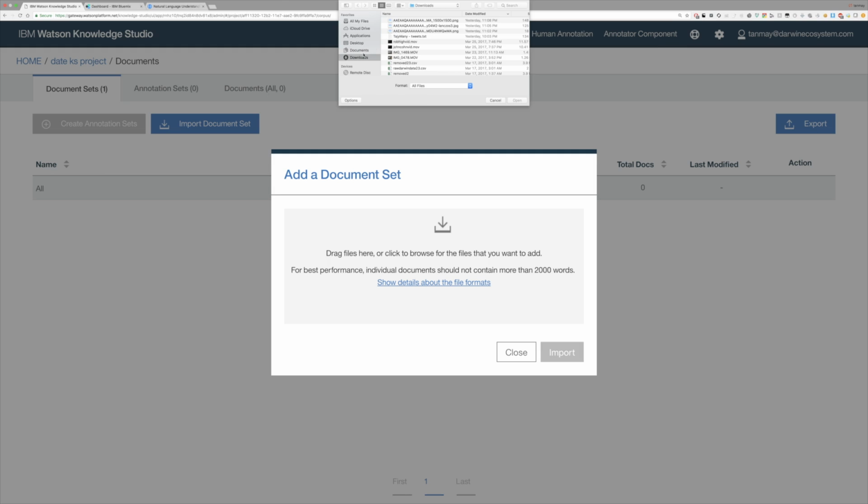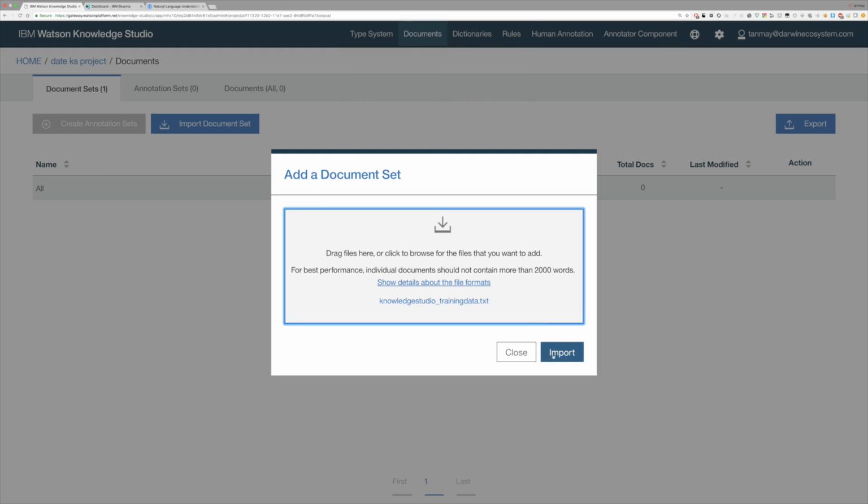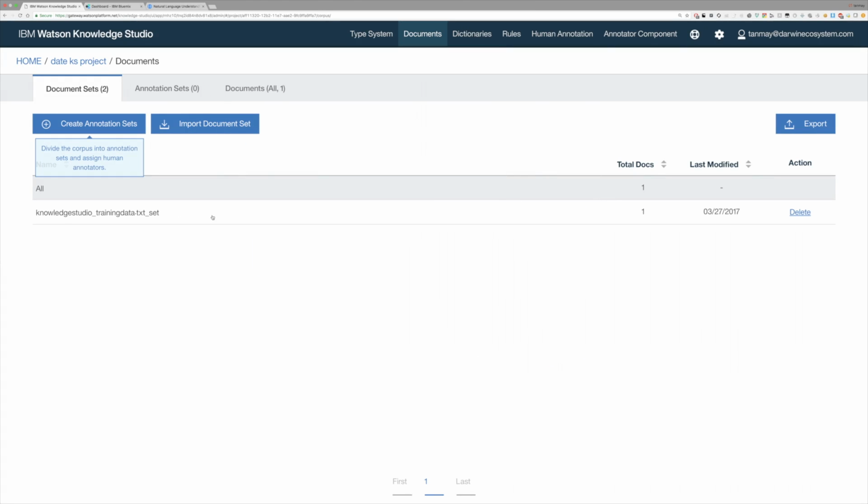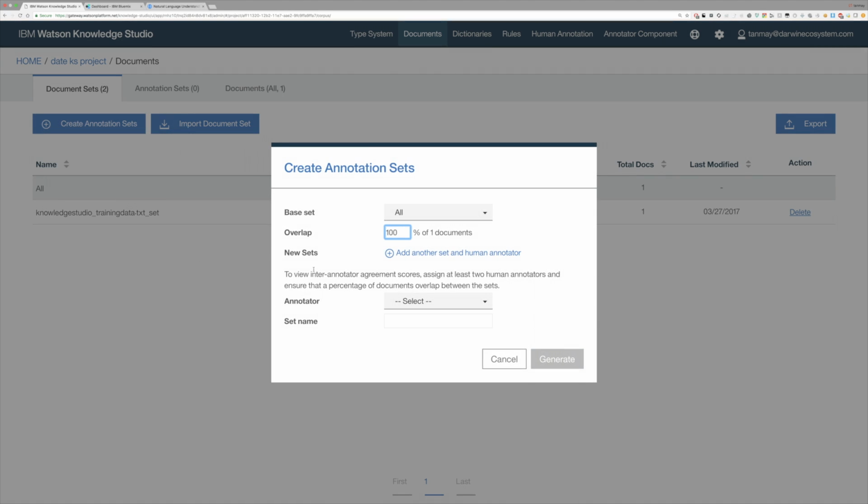Then what you need to do is import your Knowledge Studio training data, and then click on the Import button. Once you've imported that text, then you're ready to do something called create an annotation set. An annotation set basically means that this is a document that we're going to be annotating. Basically what we're going to do is we're going to tell it to take 100% of all the documents we